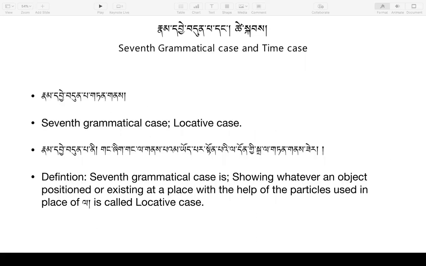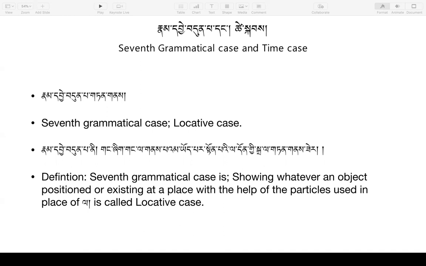Probably today's class won't be as long as our usual class. So if we have time, we will clarify some of the questions. And if you have doubts regarding the previous classes up to this point on the particles used in place of la, then you can ask the question. Okay, so